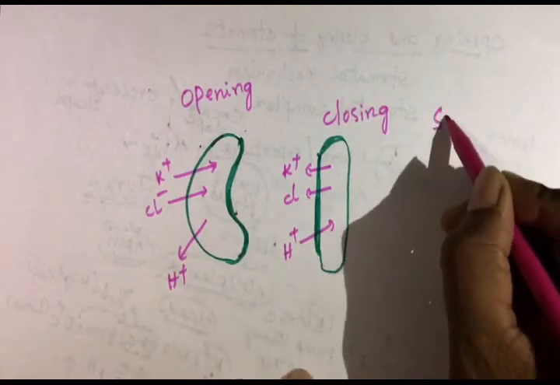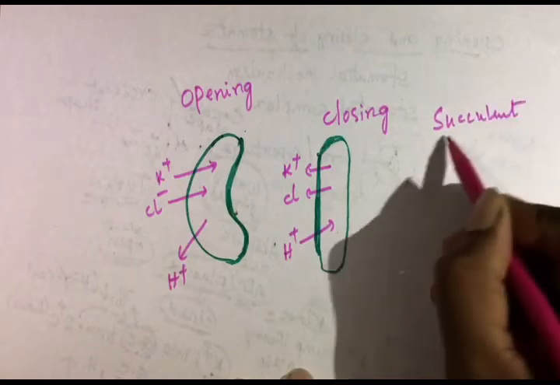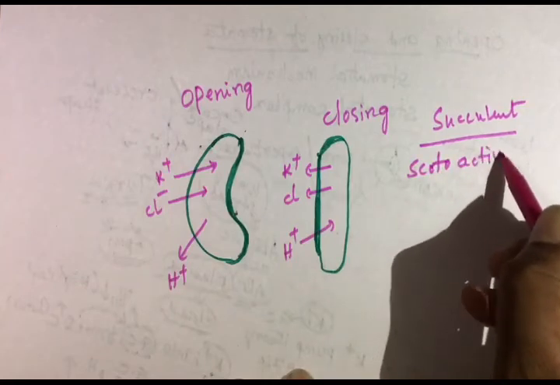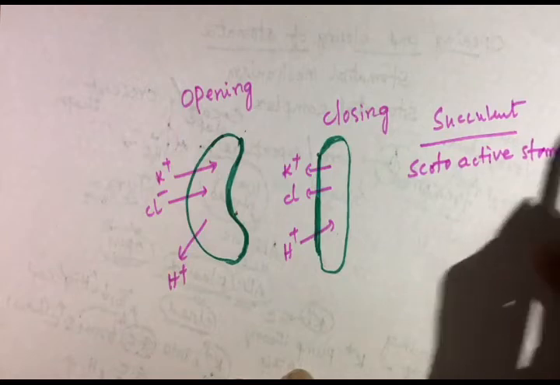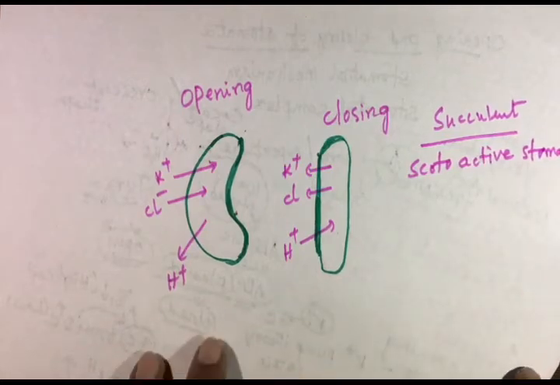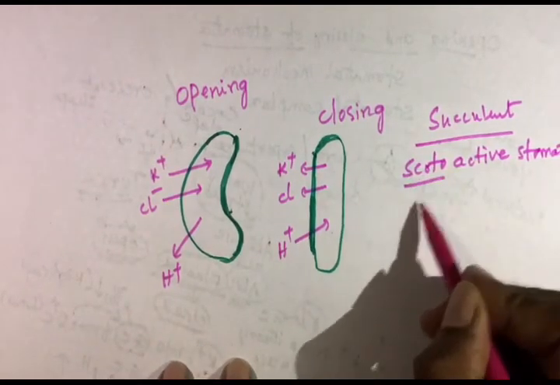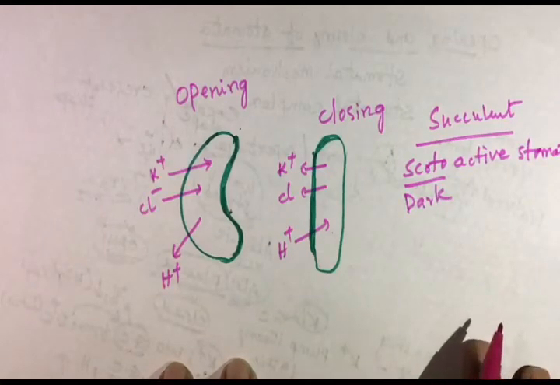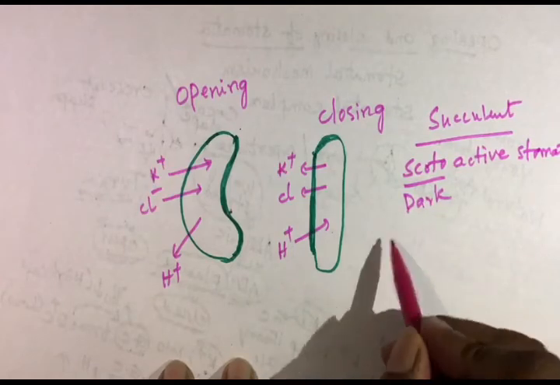Whereas in succulent plants, they have scotoactive stomata. Scotoactive stomata means their stomata are opened during night time and remain closed during daytime. Here scoto stands for dark. So at night time they are opened and during the daytime they are closed, because during the night time